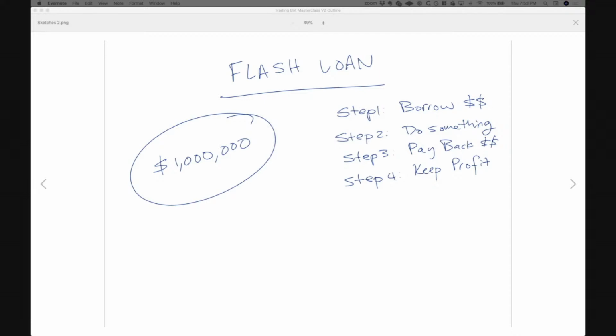It's so crazy because you can't lose the money when you're borrowing it because the transaction will revert. The blockchain will enforce it. So if you borrow like $1 million, you can't accidentally lose $1 million. That's really nice. Of course, there's always some caveats with this. Just because you can borrow $1 million doesn't mean you have to. You can borrow smaller amounts of money that you need for trading. When I say for free,